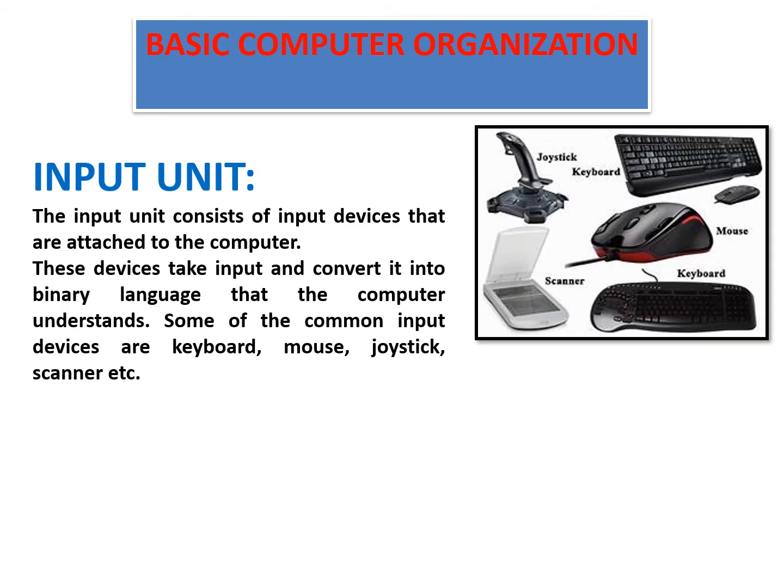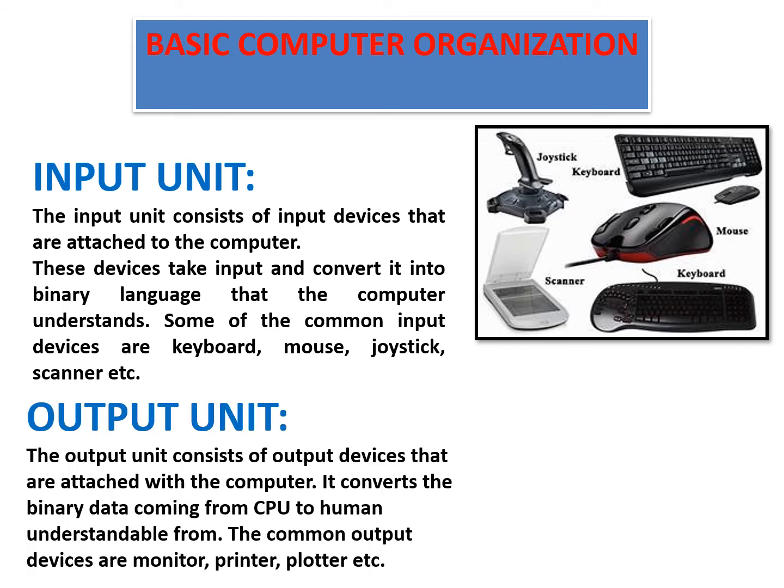Number one, the input unit. The input unit consists of these input devices that are getting attached to the computer. Now, how does this input device work? This input device first takes the data and converts it into binary language, because we know computer understands just one language, that is the binary language, also known as your machine level language. It converts it into binary level language so that the input which the computer has taken can be very well understood by the computer. Some common examples are your keyboard, mouse, joystick, scanner, right?